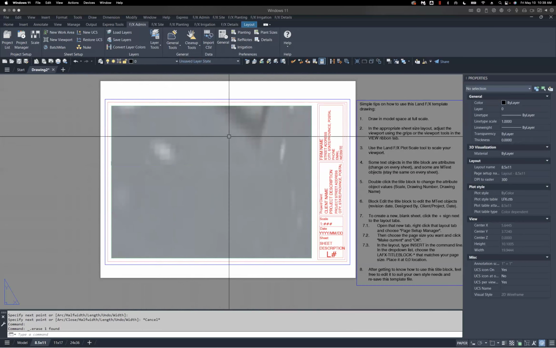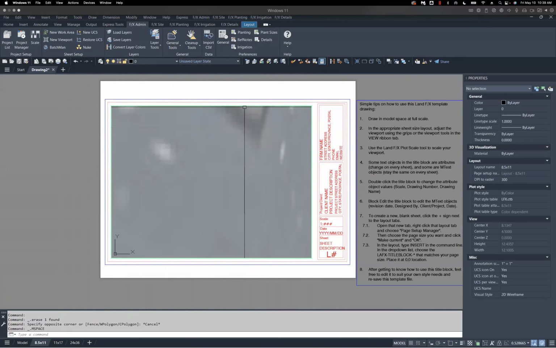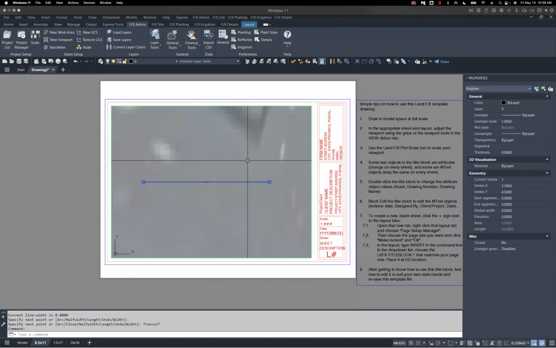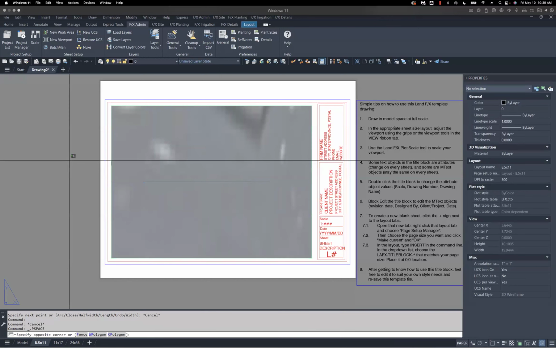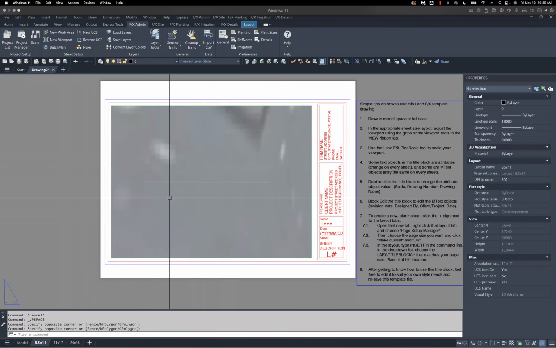If I went into model space by activating my viewport, so if I double click inside, you'll see now that the border has been highlighted green. That's a visual indication that you're inside the viewport now. So now you're effectively working in model space through the window of your viewport. If I were to draw a line here, I could select it because I'm still in model space, but if I were to now click out again, back to paper space, I'm not going to be able to interact with that line because I drew it in model space.